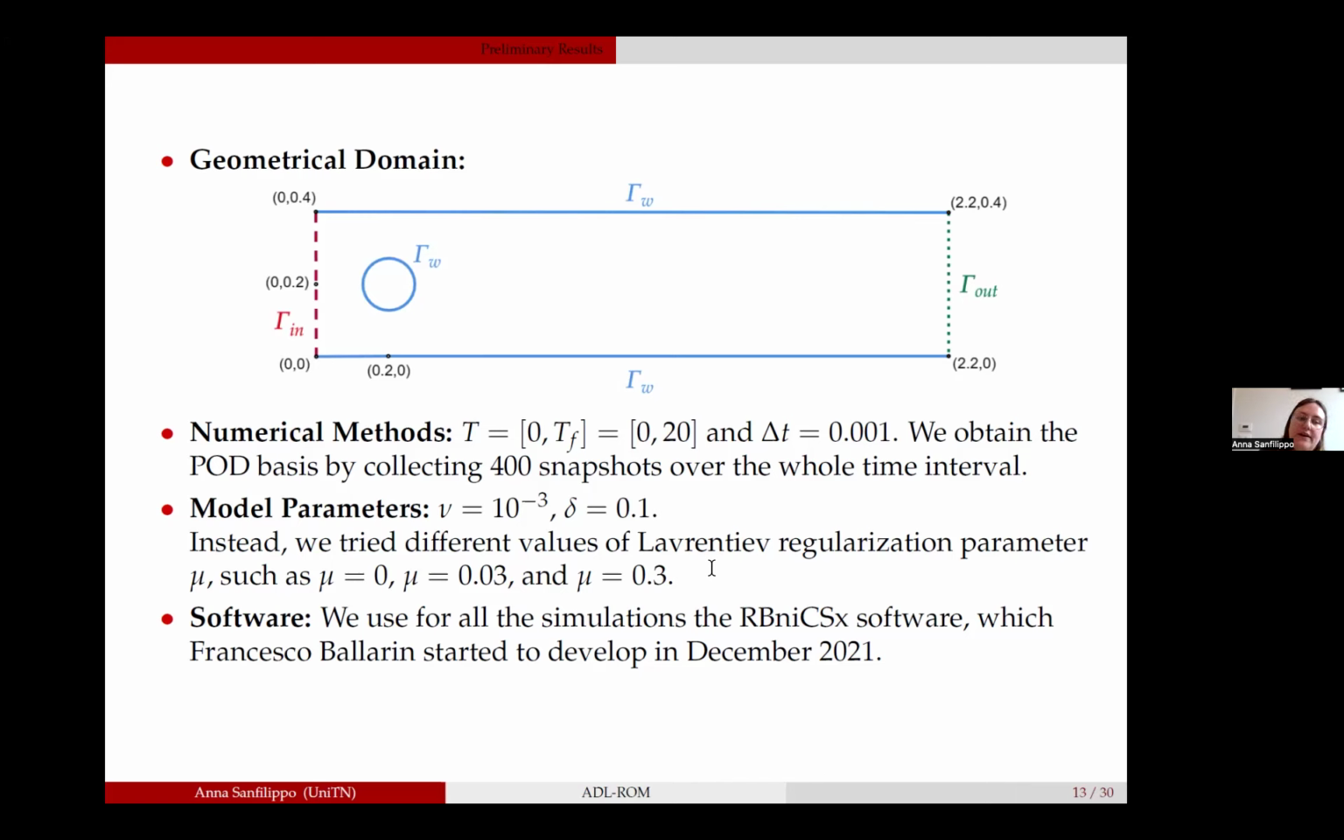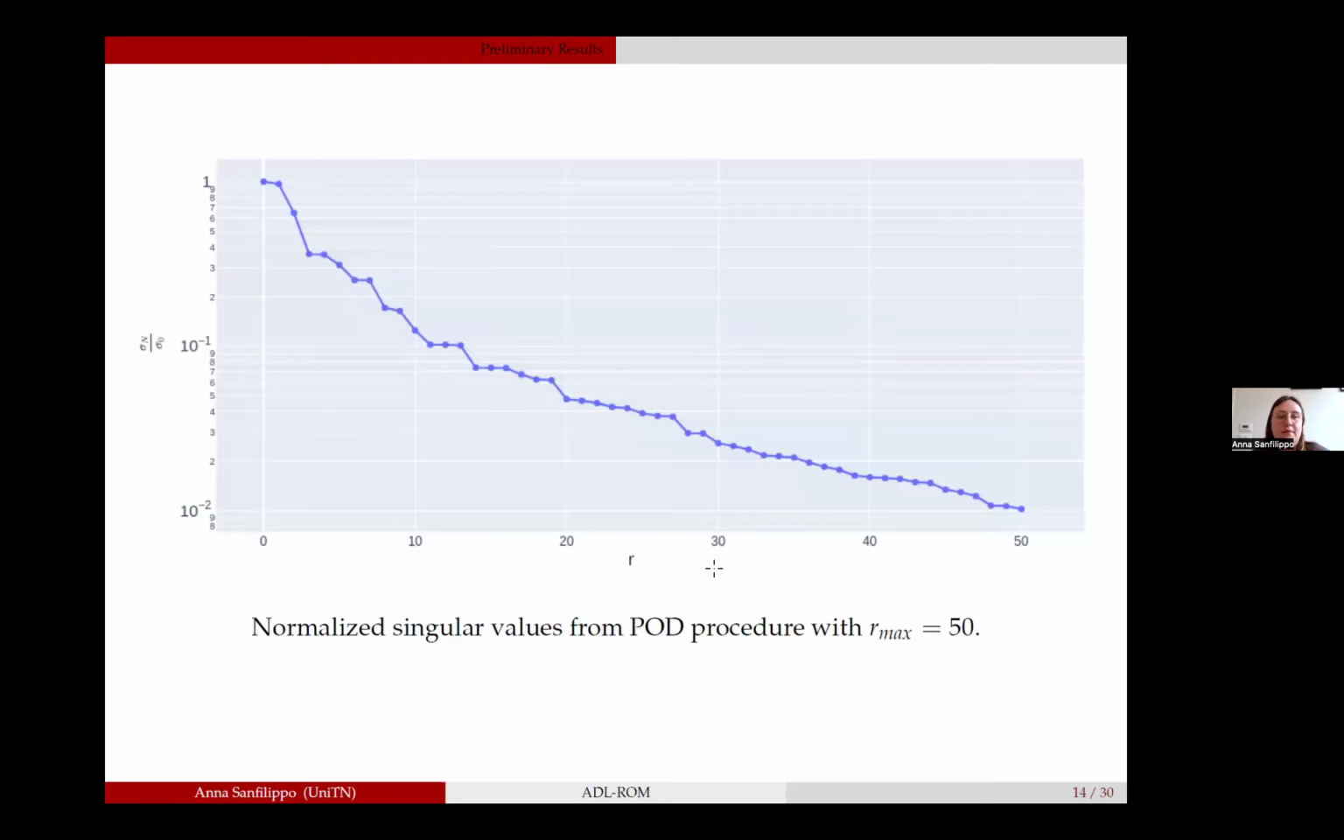That is a software that my PhD supervisor started to develop in late December 2021, and that I'm helping to enrich with some tutorials. So, the preliminary results. Here we have the normalized singular values from the POD procedure that basically tell us